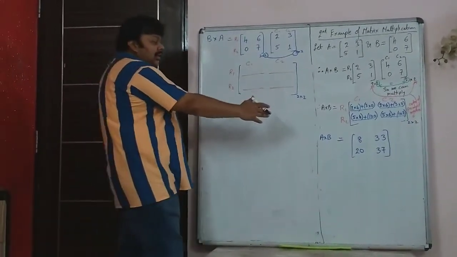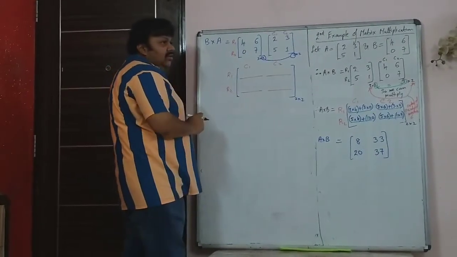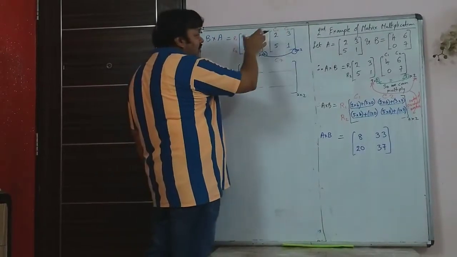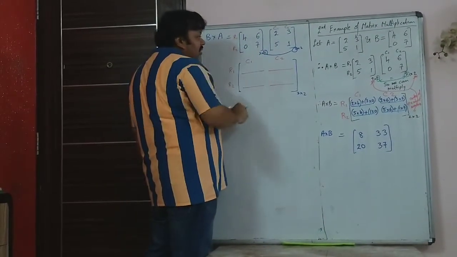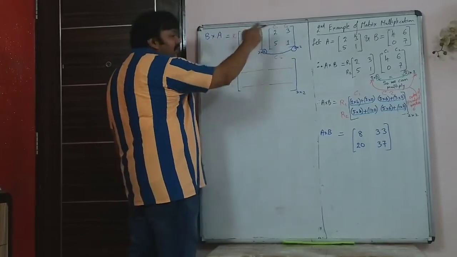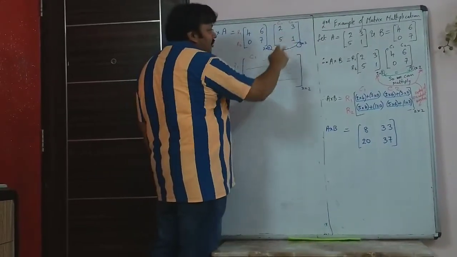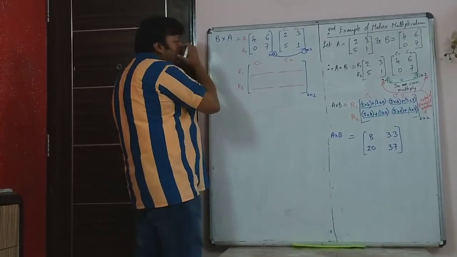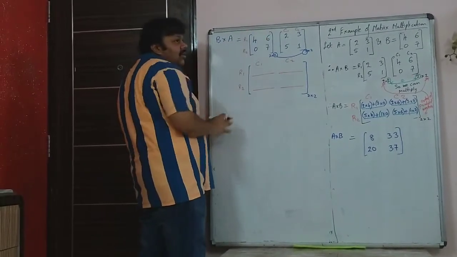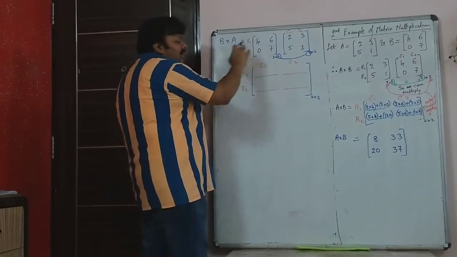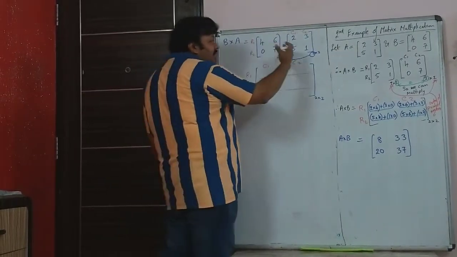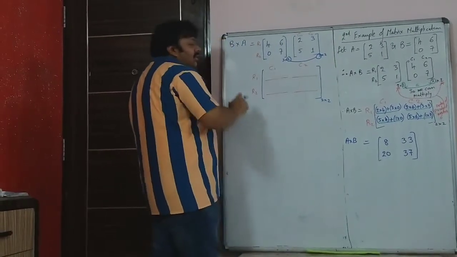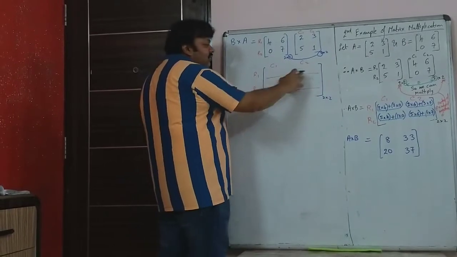That was A into B. So now we are seeing what is B into A. So now when B into A is asked, I will write matrix B first, 4, 6, 0, 7, and matrix A will be written as the second matrix, that is 2, 3, 5, 1. Again I am writing for the first matrix, I am only writing R1 and R2. See, I have not written any column number, that is not required. First matrix I write the row number, and for the second matrix I have not written any row number, I have only written the column number.